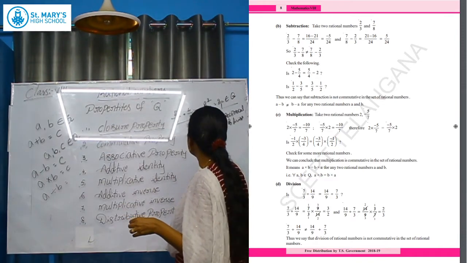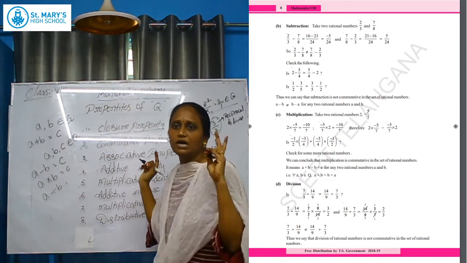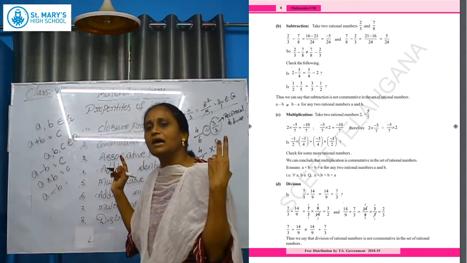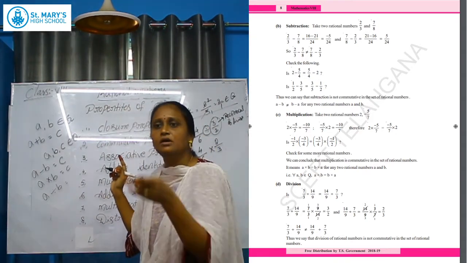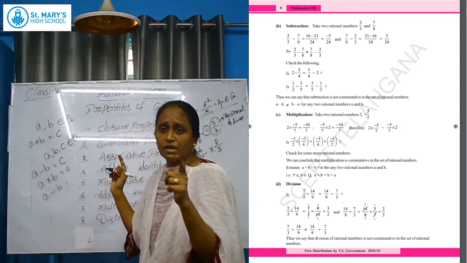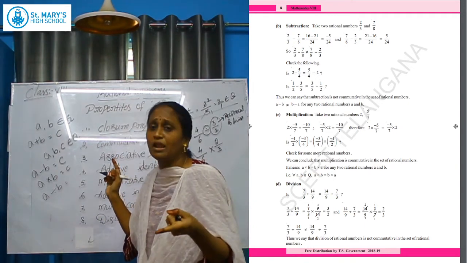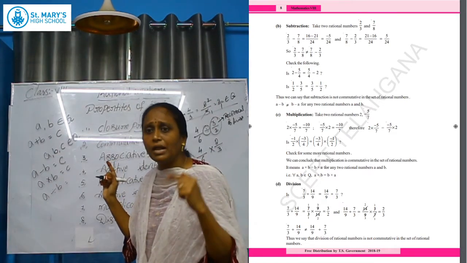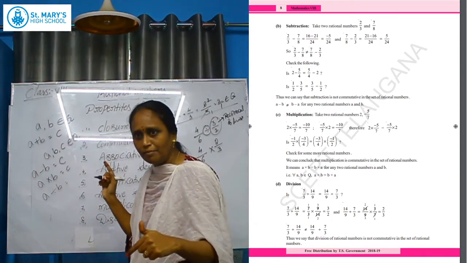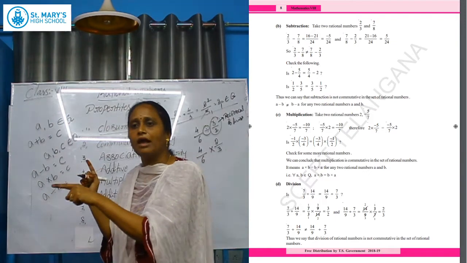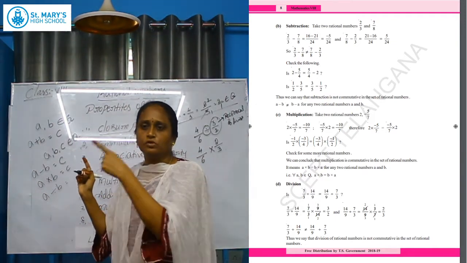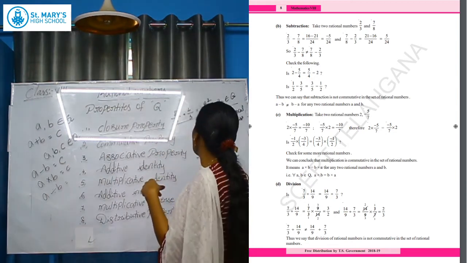4 by 6 into. So what do we change when we find the quotient of any fractions or rational numbers? First, we have to change the division symbol to multiplication. When we write the multiplication, immediately we have to change to the reciprocal of the divisor. So the reciprocal of the divisor here is 2 by 3.